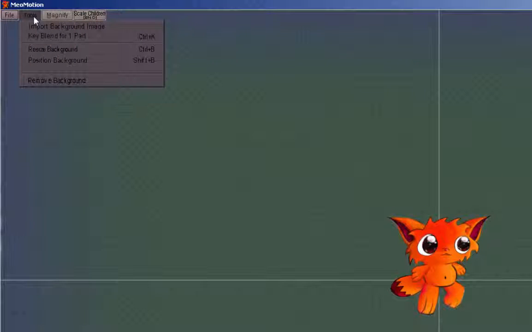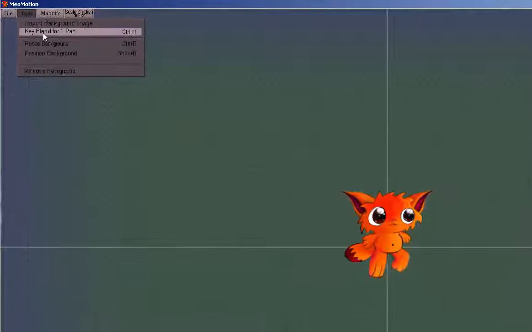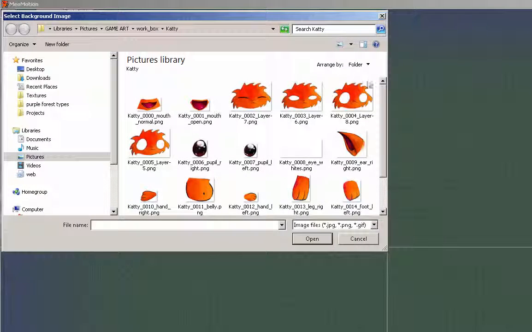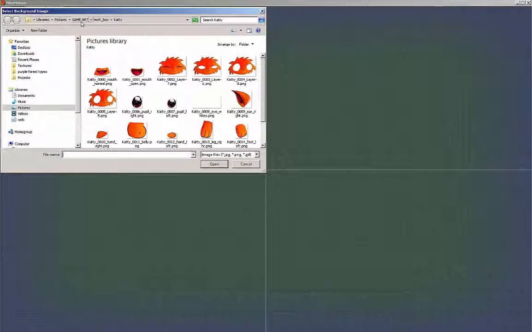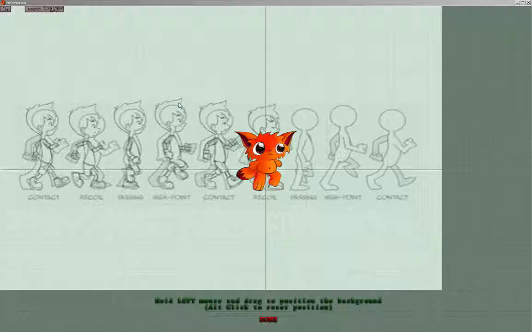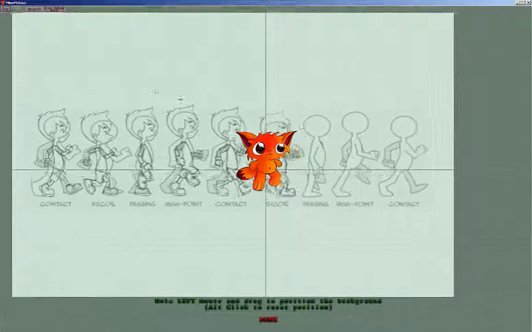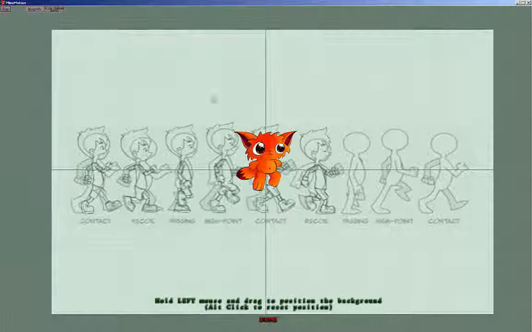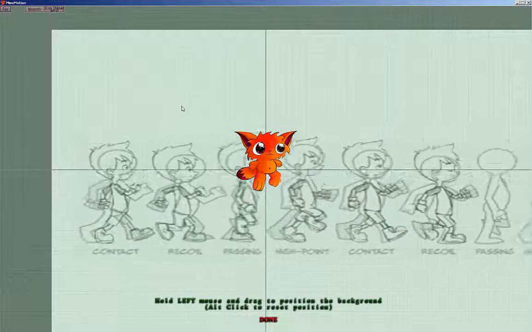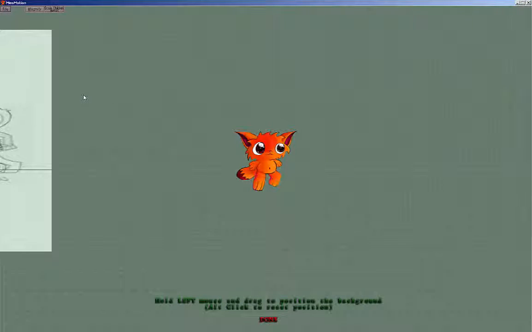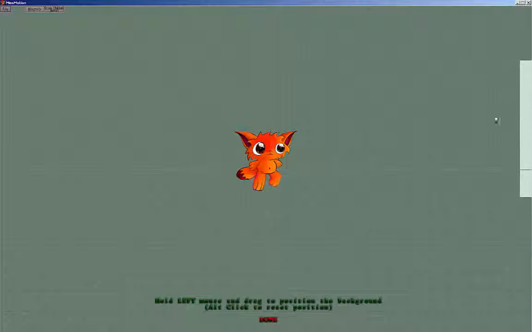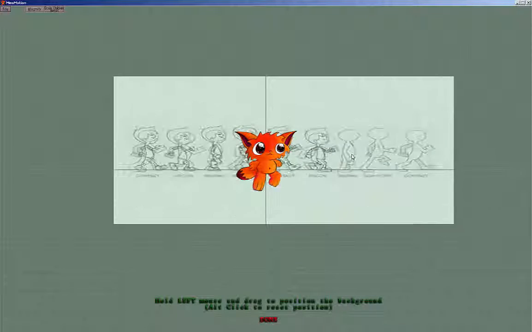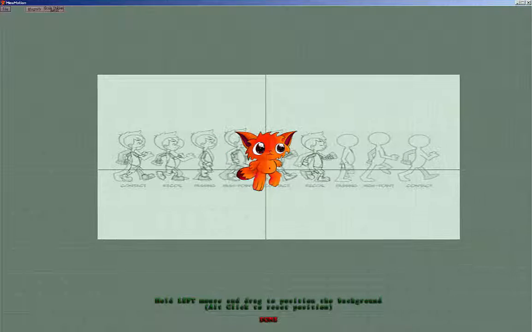One of the things you could do though for creating a good animation is to go import background and grab a reference, and then once you've loaded your reference you can move it around on the canvas. You can hold right click, you can flip it backwards if the character is facing the other way, and move your reference onto the scene,